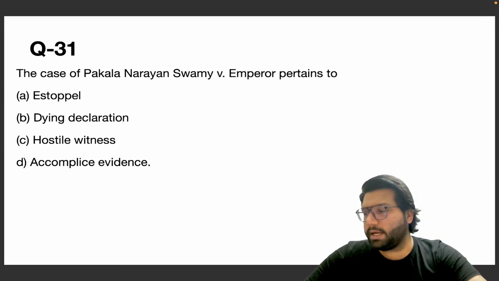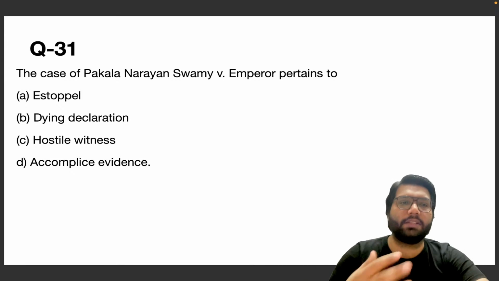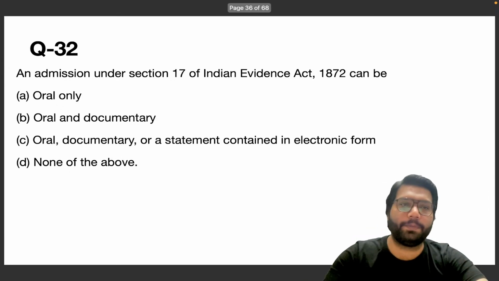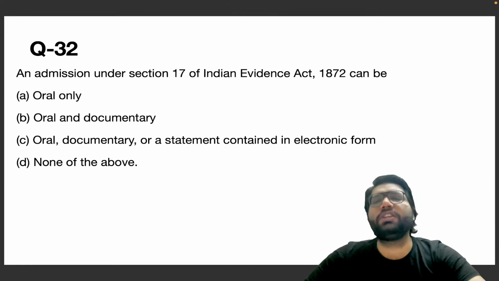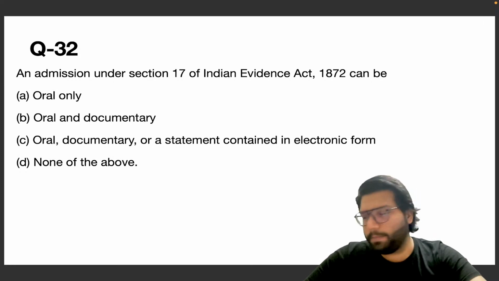First one to answer correctly, Sapna, followed by Shalini and Dikshit. That is B. B is the correct answer, students. It deals with the concept of dying declaration. An admission under Section 17 of the Indian Evidence Act 1872 can be